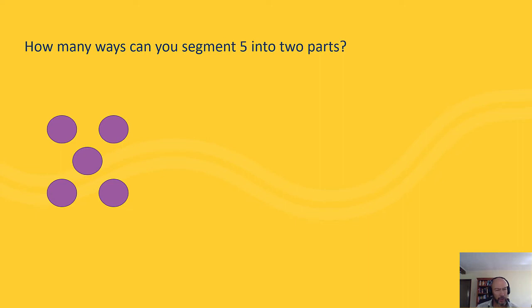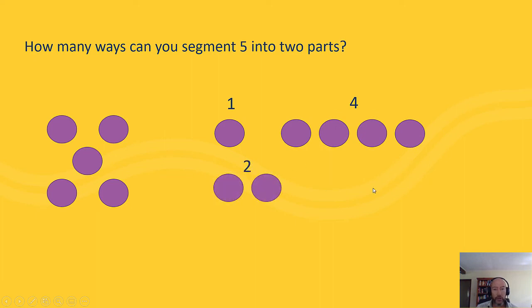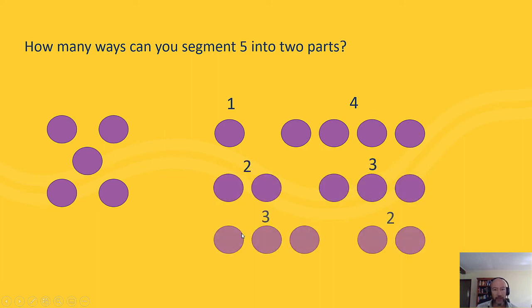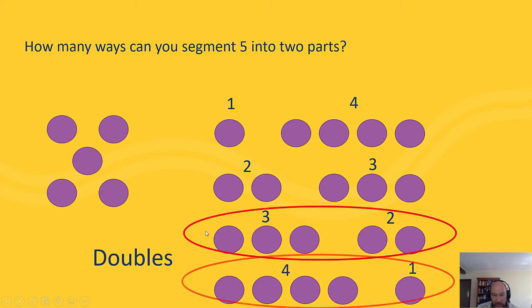And so learners will be like, oh, okay. You do this with the counters, by the way. 1 and 4, 2 and 3, 3 and 2, 4 and 1. Okay, so they might go, oh, there are 4 different ways of doing it, but actually these 2 are doubles, so we're going to eliminate those. So there's actually only 2 ways to divide 5 up into 2 different groups of numbers, 1 and 4,